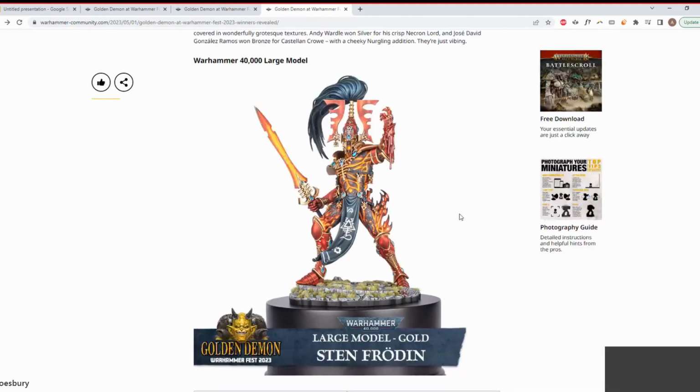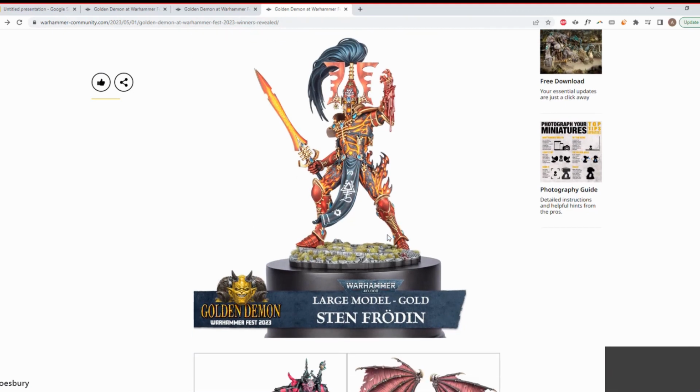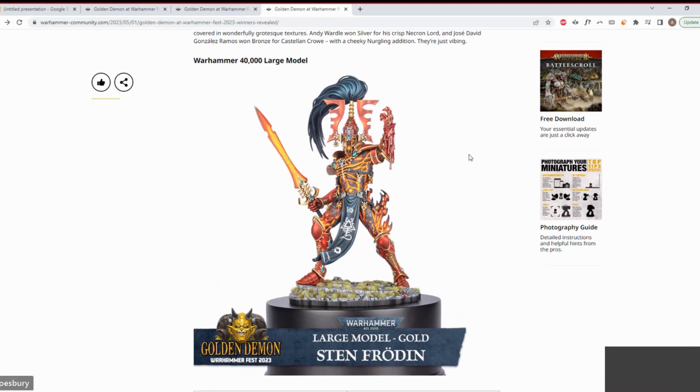Yeah, and moving on. Obviously, large model gold was Sten Frodin. I'm going to be mispronouncing a lot of names here today, so I do apologise for that in advance. I think it's Den Frodin. Frodin, because of the umlaut over the O. My GCSE German is still...